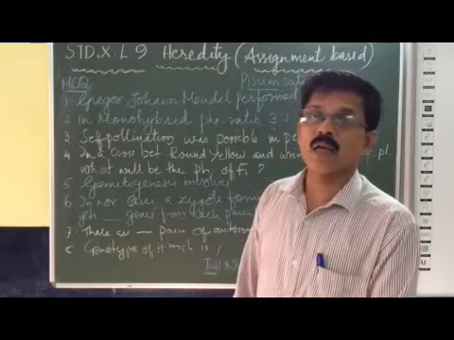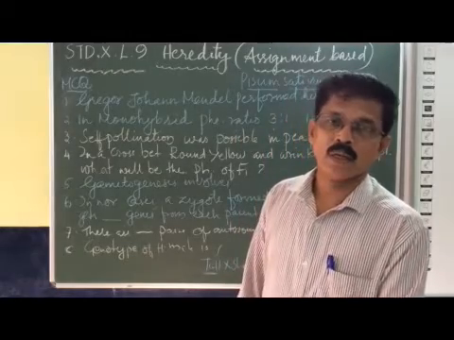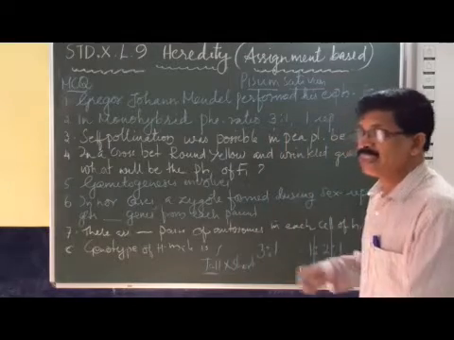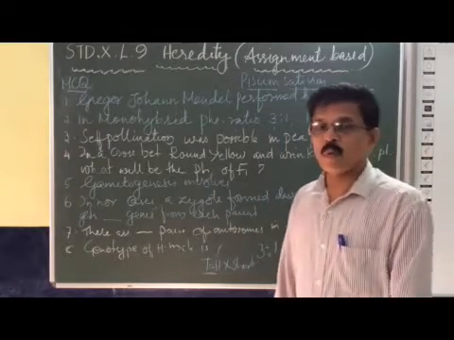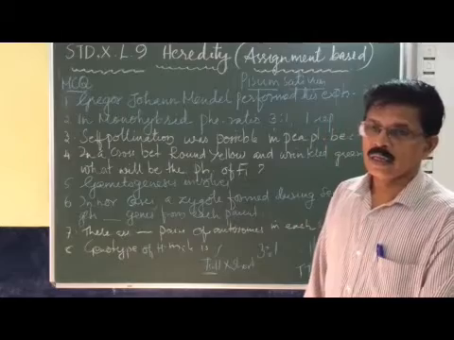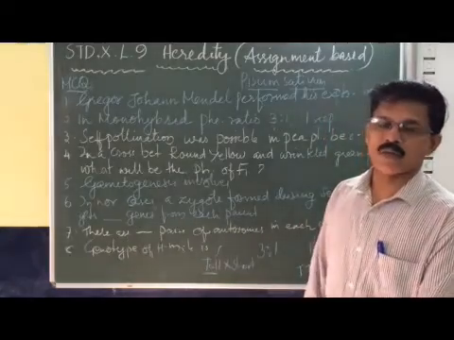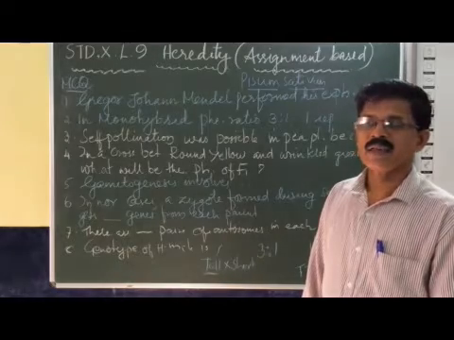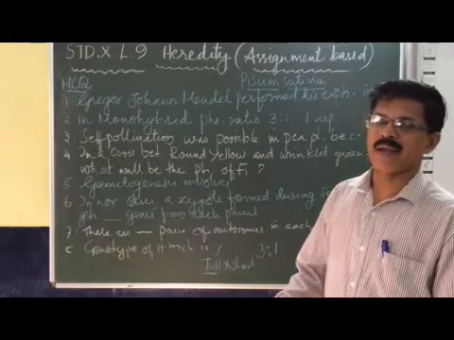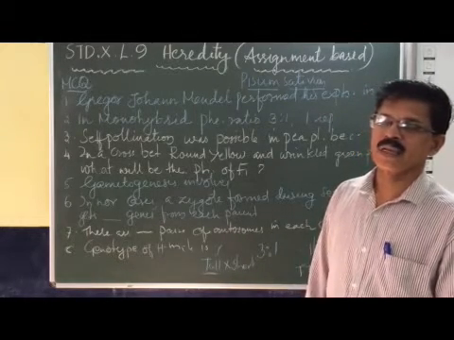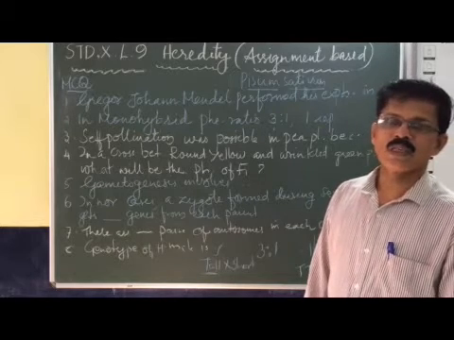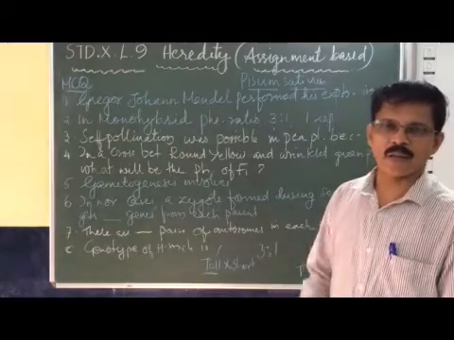Because the pea plants have bisexual flowers. What is the meaning of bisexual? A plant having both the sex organs in the same flower. We call them bisexual flowers. And the plant we can say is a bisexual plant. We say it monoecious. Monoecious or bisexual, monoecious plant.